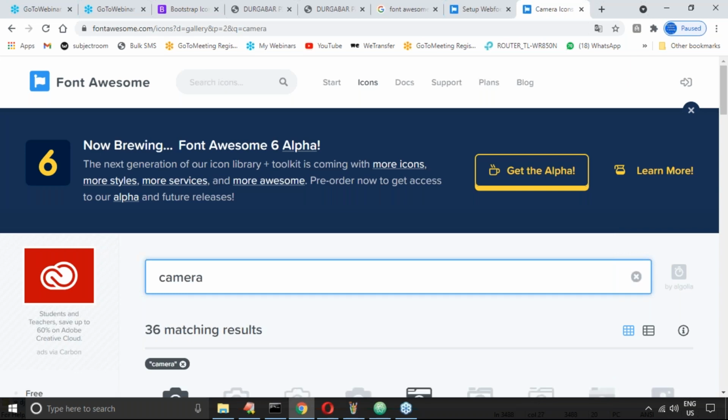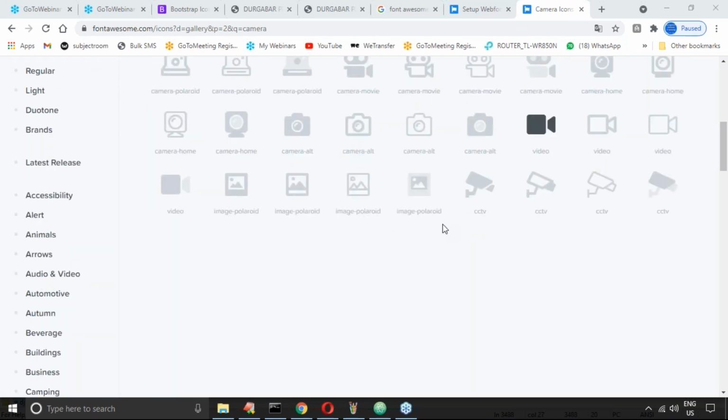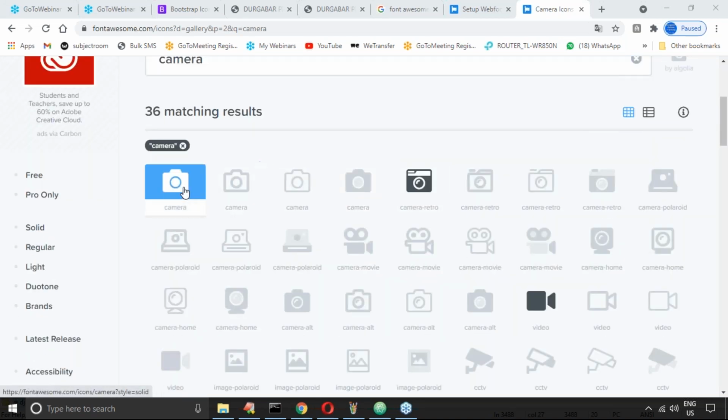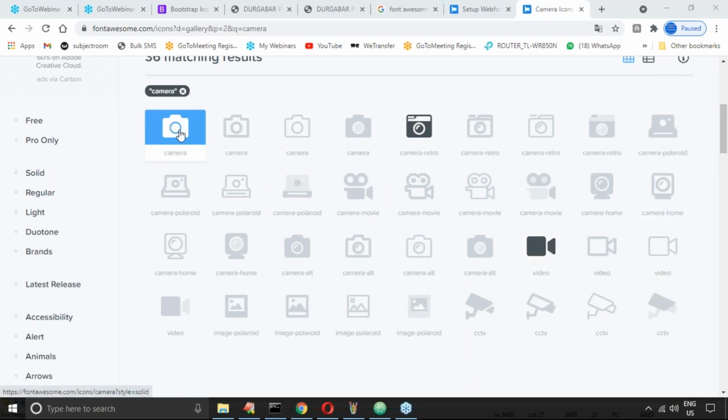Camera, 36 matches are there. So there are multiple. This is one cam. This is one cam. Yeah. In multiple places there are icons. Don't feel, okay. This is a commonly used website. Here this one is there. Only these three images are free images. All the remaining are paid images. So, pro. Have you observed, right? Only these three images are free images in the camera category.